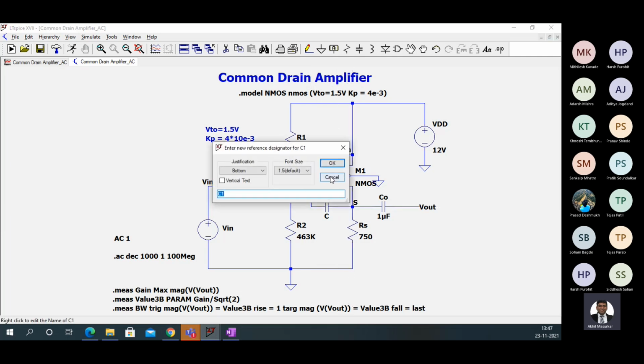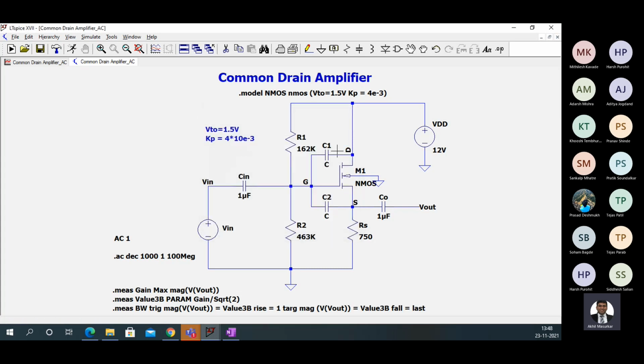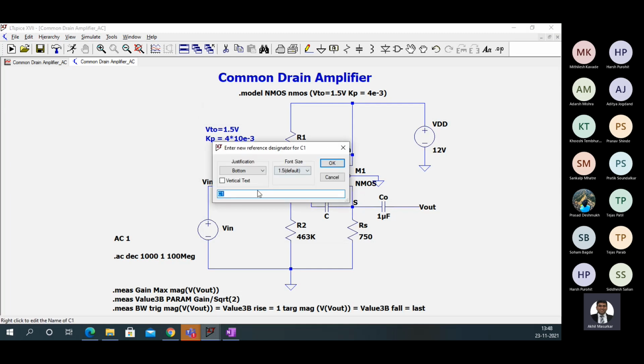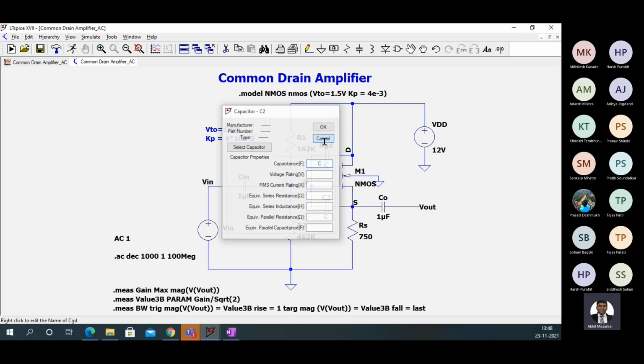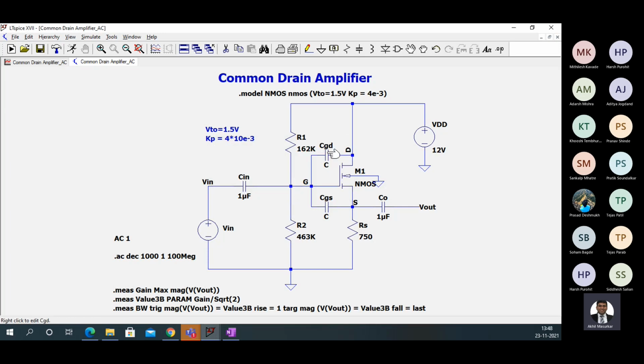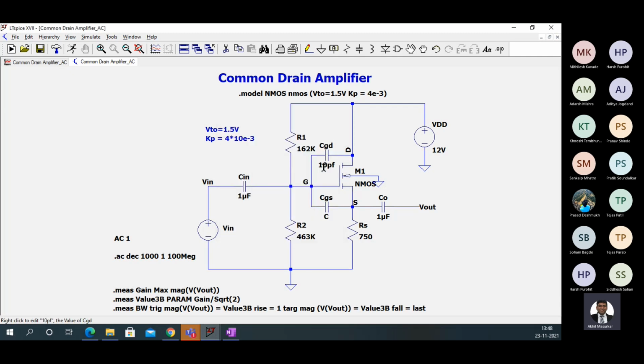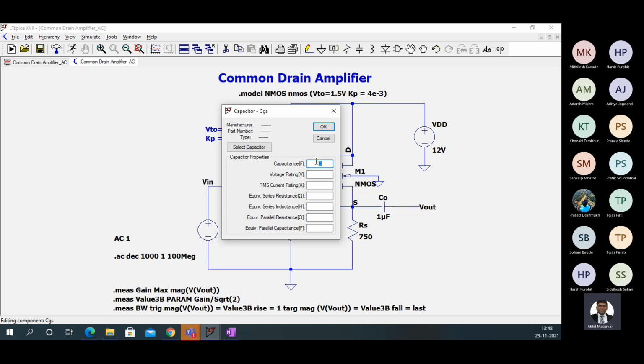Now generally these values, if you click on this and select the advanced MOSFET, the one which is already there in our data sheet, then you don't have to show this CGS and CGB. These capacitances are the overlap capacitance CGD, and here we have CGS, and these capacitances are very small, like 10 picofarads or something in that range only.